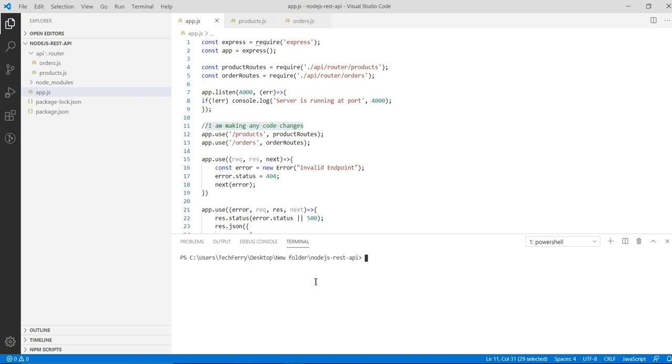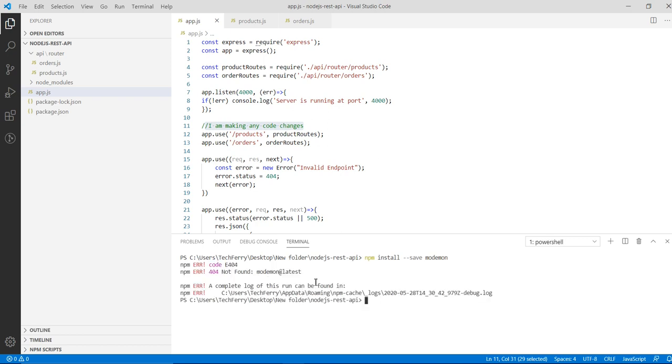First of all, we will install Nodemon with npm install --save nodemon.